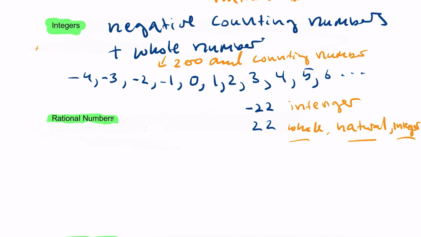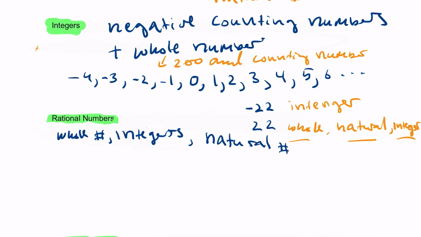The next one is called rational numbers. Rational numbers are very interesting because a rational number can be a whole number, an integer, and a natural number. A whole number is a natural number and is an integer. But something special about rational numbers is